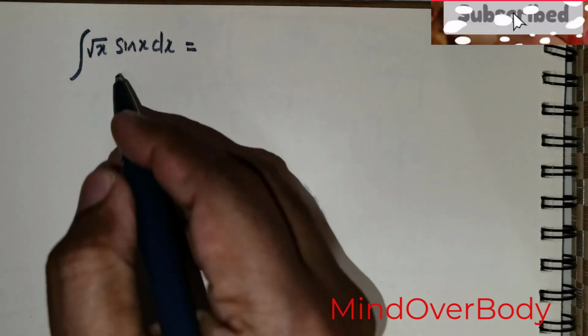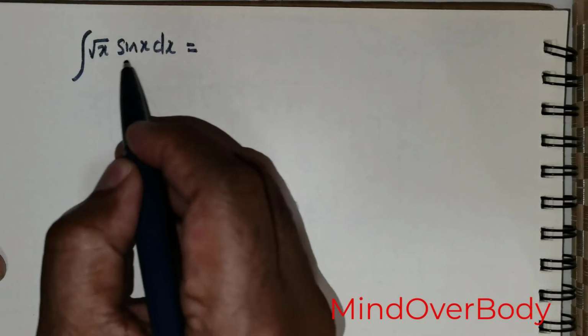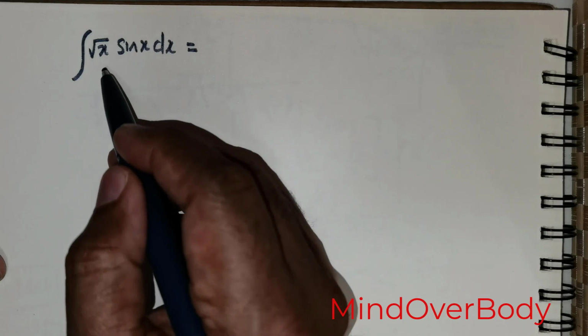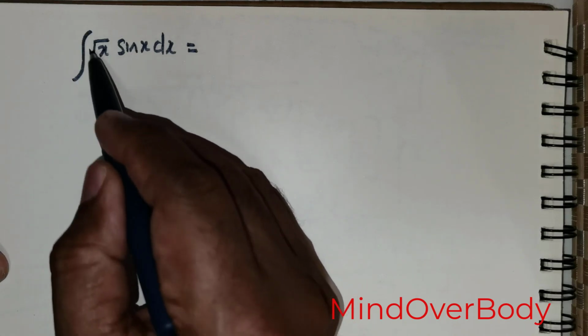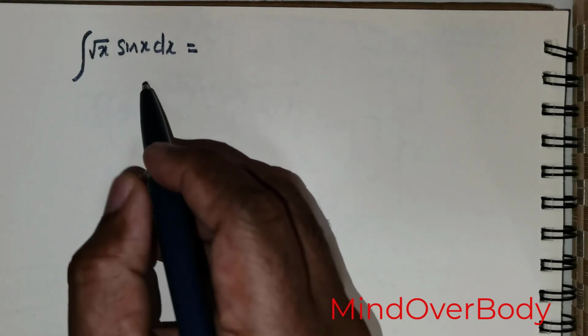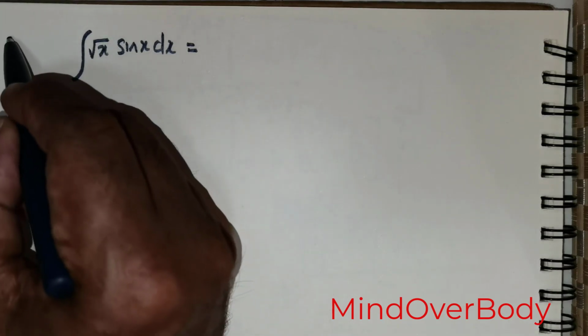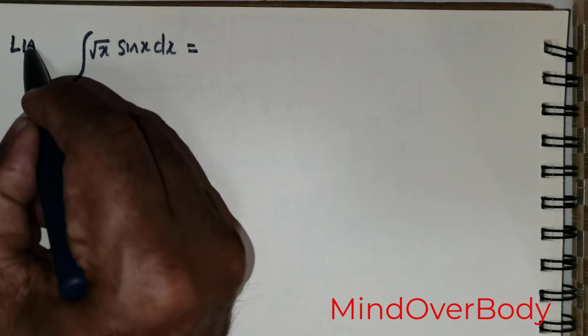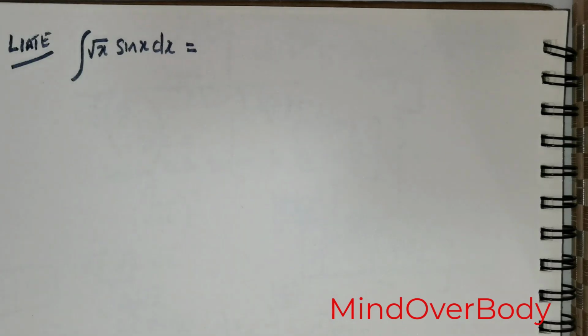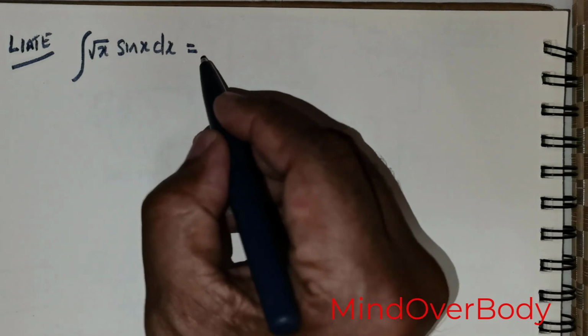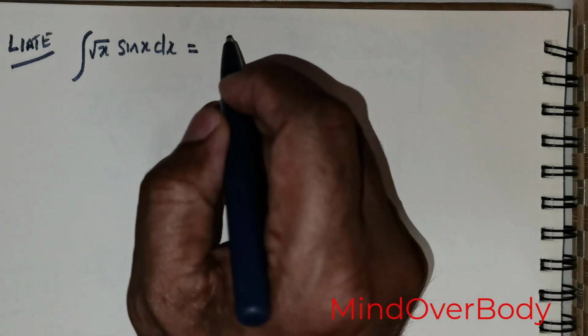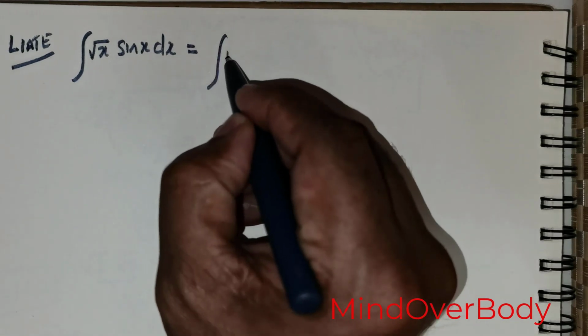Welcome students, we are given this question and we are expected to find the outcome of this. The question is the integral of root of x times sine x dx. Now most of the times people will use the concept of integration by parts, but I don't want to approach it in that manner. Now what I'm going to do is rewrite this as the integral of root of x times